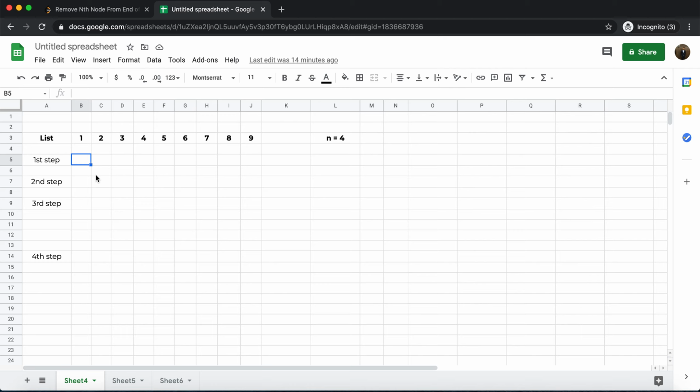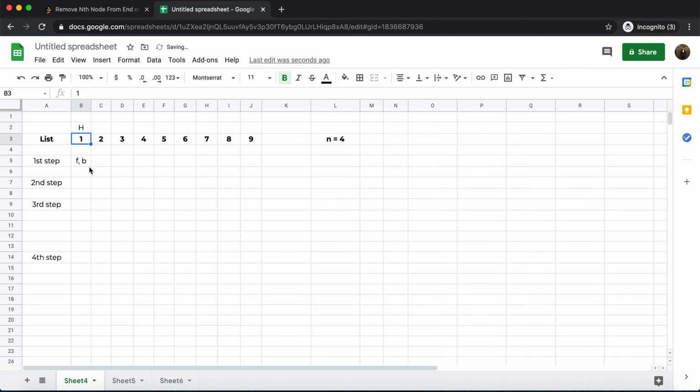It's a 4-step process. In the first step, I'll place both the pointers pointing to my head, which is the head of the linked list in its current state, right? So I'll make front and back both point to head. Now I need to create a gap of whatever n is. N is 4, so I need to create a gap of 4 between front and back, so that once I have that gap, I can make use of it to find the nth element from the last.